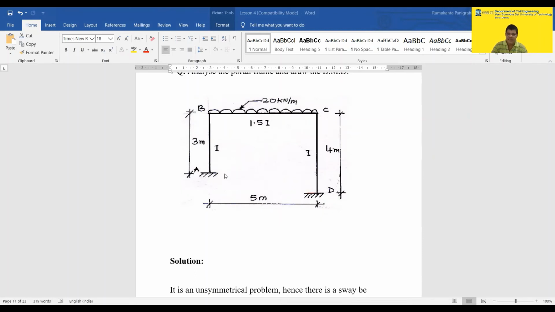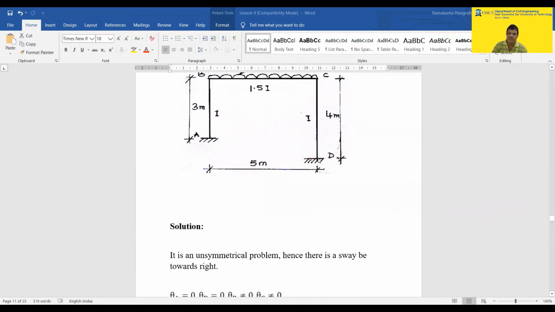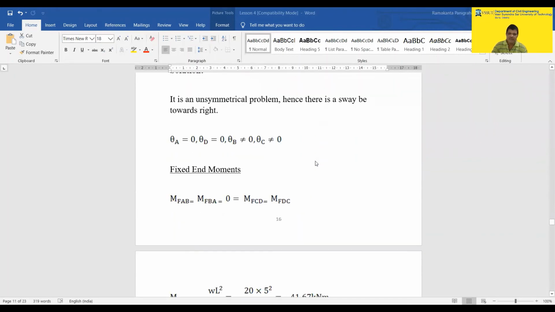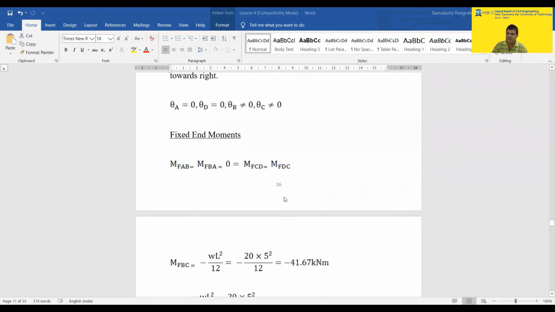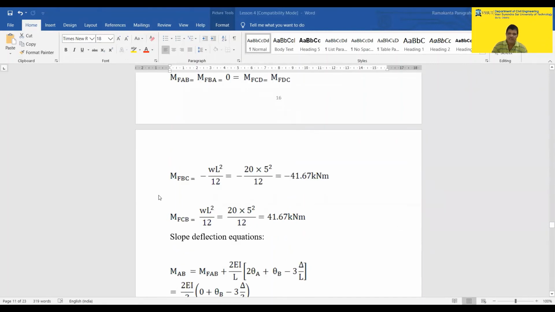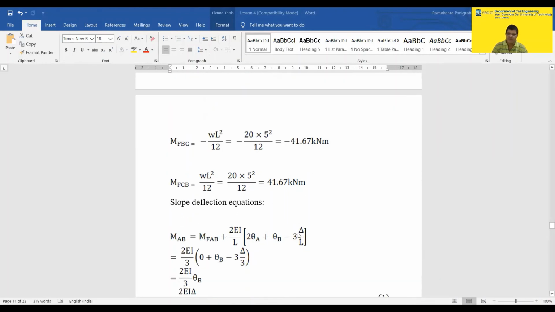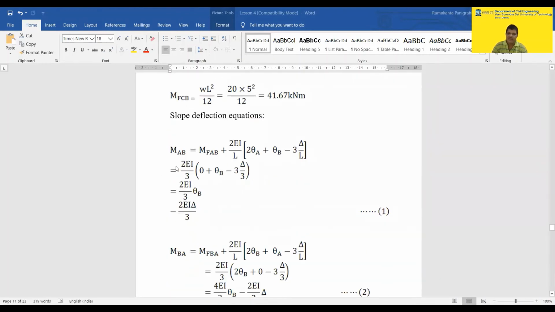So theta A is 0, theta D is 0, there will be a value of delta. In AB there is no load. In CD there is no load. So MFAB is equal to MFBA, MFCD is equal to MFDC, all become 0. That can be directly written, all the moments. MFBC is equal to minus WL square by 12. So write this value. MFCB is equal to plus WL square by 12. Then you can write down